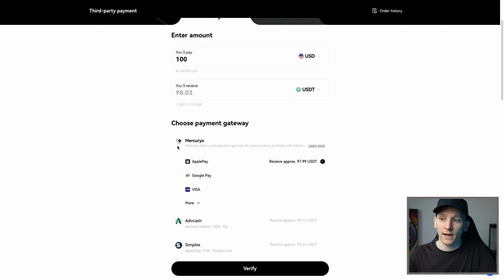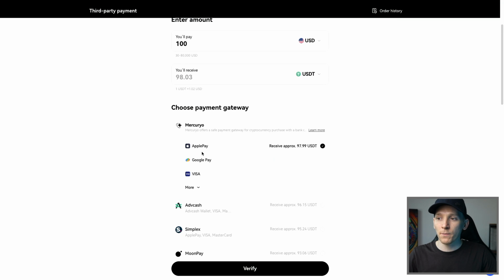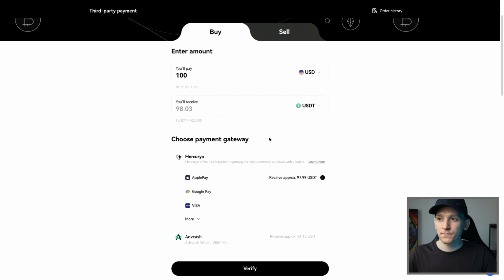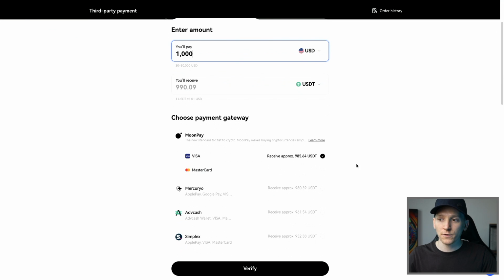Cards and payment like Apple and Google Pay are going to charge you between 1% and 3%, and that's on every platform. So it is a more expensive way to buy crypto, but it is convenient. Now, if you've got Apple or Google Pay, then just go through this. Very simple. You can use Apple and Google Pay. Now, these third-party providers may change depending on how much you put in and want to use. So if you want a larger amount, you can't use Apple Pay, but you can use Visa and MasterCard through